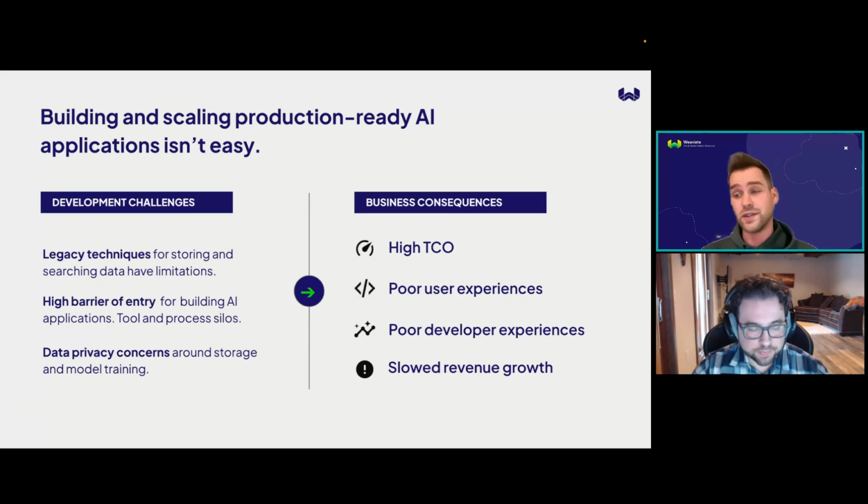A lot of times there are still legacy techniques like legacy databases. Content is not stored in a perfect way. Storing and searching through that data has its limitations, especially on larger scale. We'll touch upon that a little bit in a second when we talk more about vector databases and why they excel in these areas. A lot of times it's a high barrier for entry, not just on a process or tool silo, but also on roles